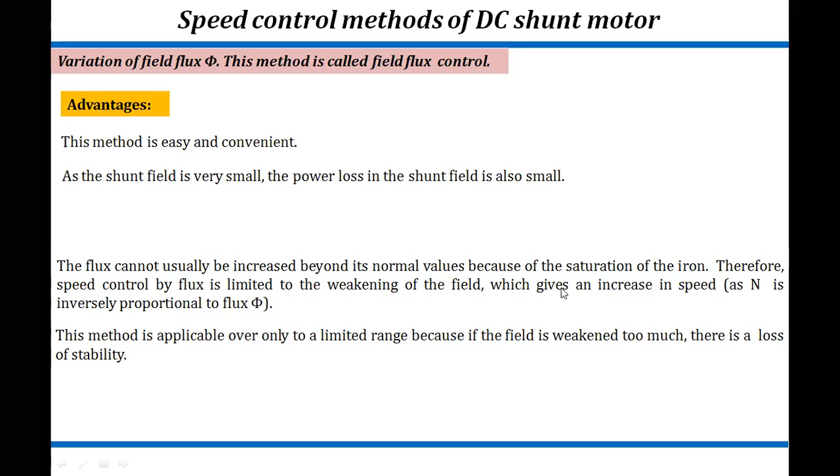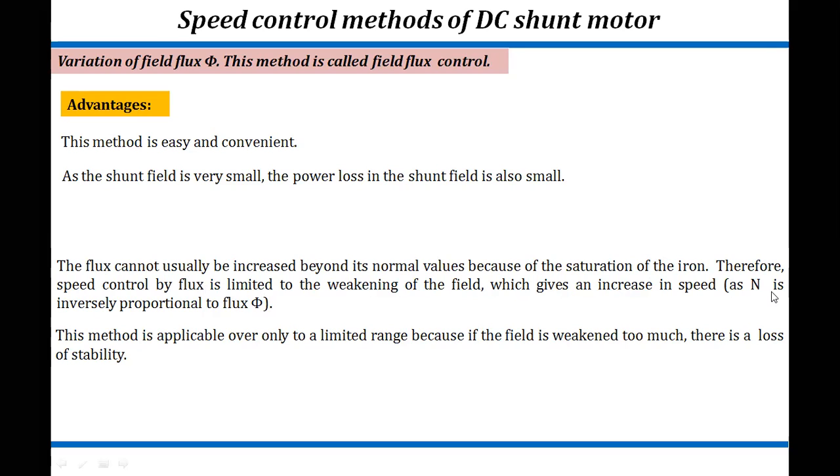Because if we are supposed to decrease the values of flux, this will depend on the saturation of iron. So it will be limited how we can control the speed by limiting the flux. That will be limited to the weakening of field, and this is the